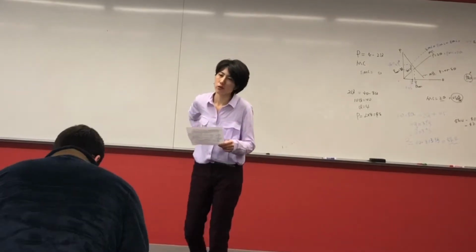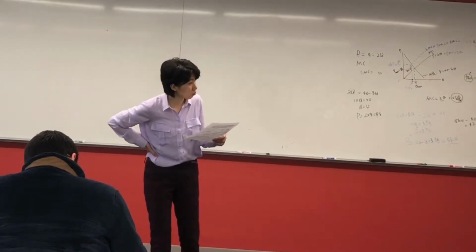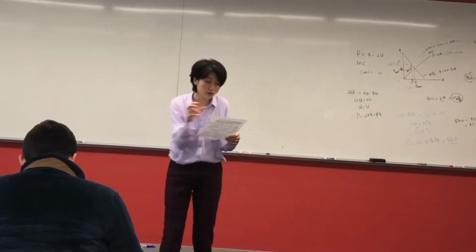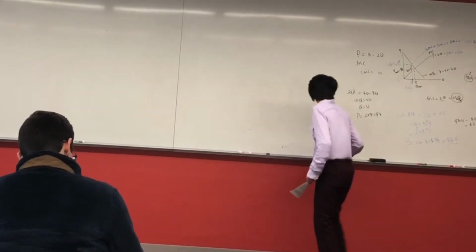So key points for each chapter. Chapter 4, consumer behavior. There will be 2 questions. The first one is the characteristics of the indifference curve. So the question will be like, I'll give you